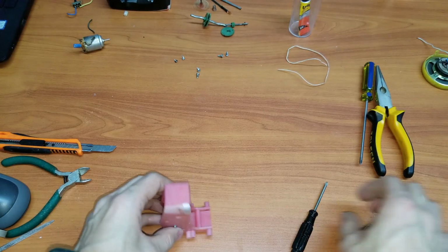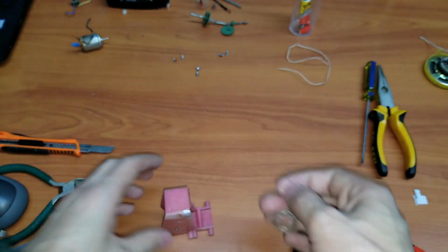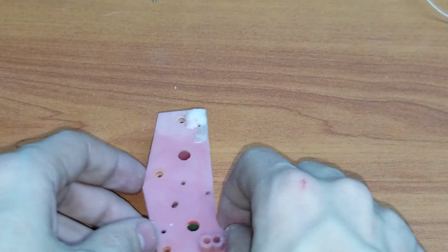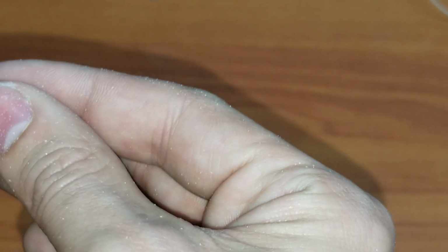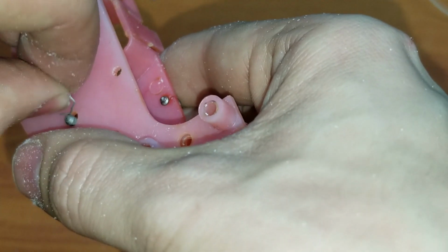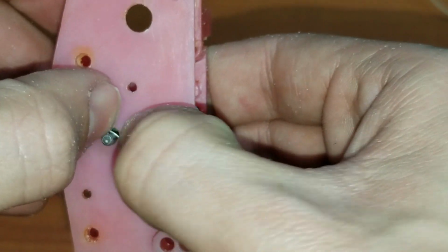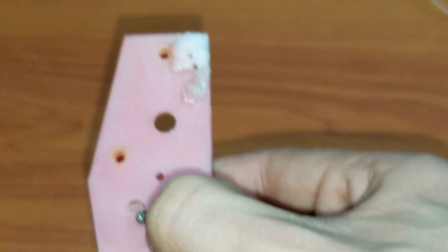So what I gotta do right now is use sort of the same method that I've used on the other part. And that method is the wire. So what I'm gonna do is see if I can put this in this shape like this piece, and I will be melting it into the plastic shell, like this. So what I have to do is push this down all the way. And while I'm at it, melt here